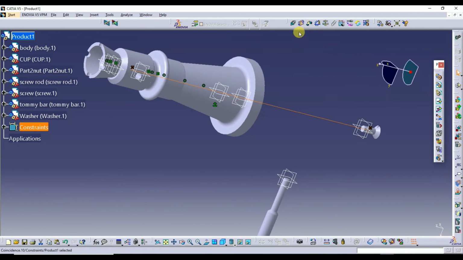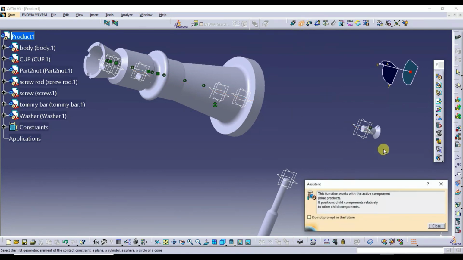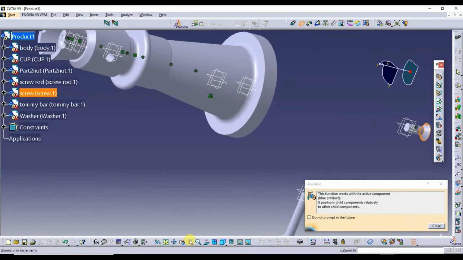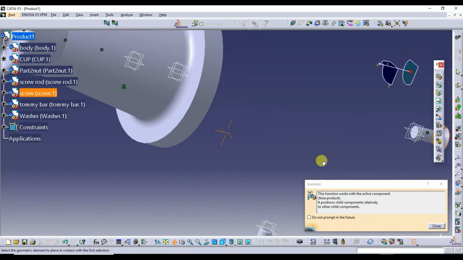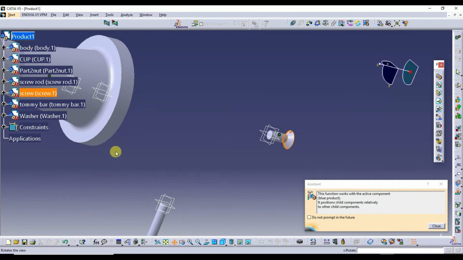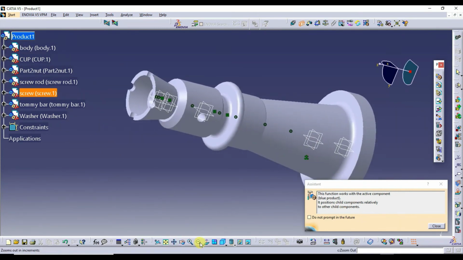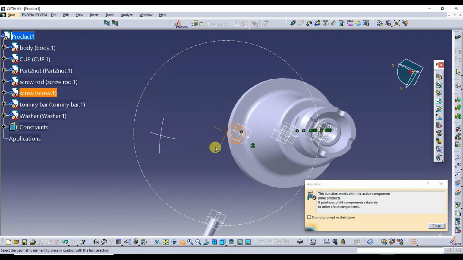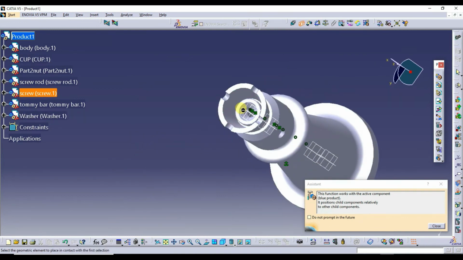Next, I'll go for the contact command. I'll choose this surface. Otherwise, you zoom it a little bit, you can see the surface properly. Okay, this surface should come and sit on this surface. Zoom this a little bit.